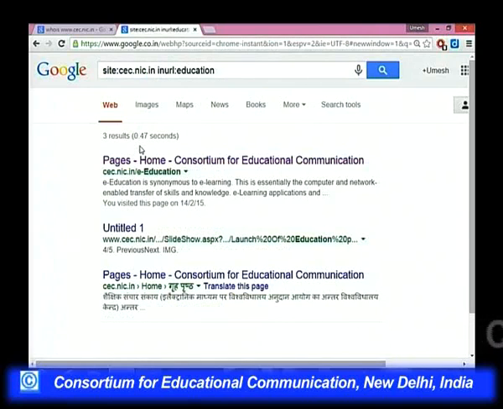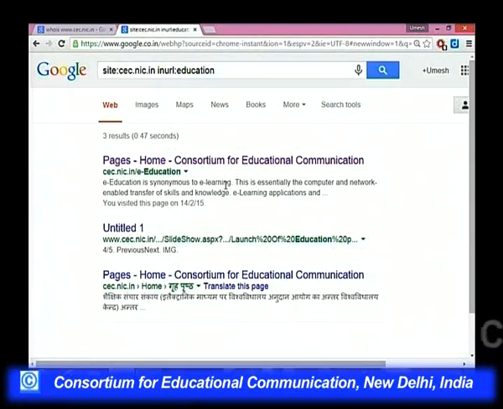Now, the CEC website is a very big one. So, our search is not supposed to be through all the web pages or all the documents. No, we are power searchers. So, we have demarcated our research like this: online should be the word, and education should be the keyword in the URL. So, see, this is the one.